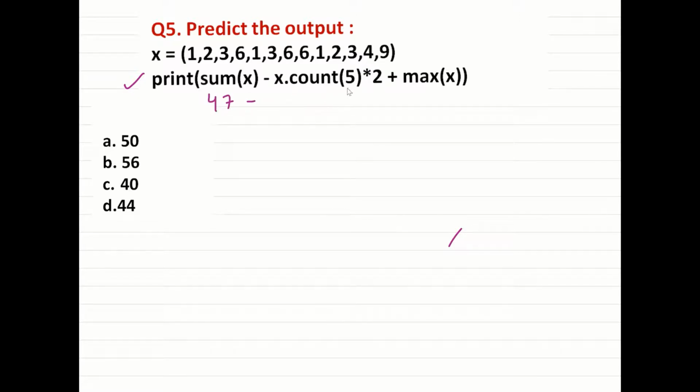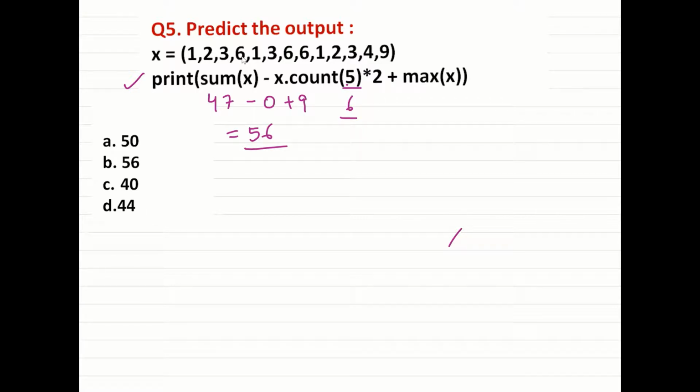Minus x dot count of 5. 5 is not here, so what will be the answer? It's 0, plus max is 9. So 47 plus 9 is 56. So students, if instead of 5, 6 is here,